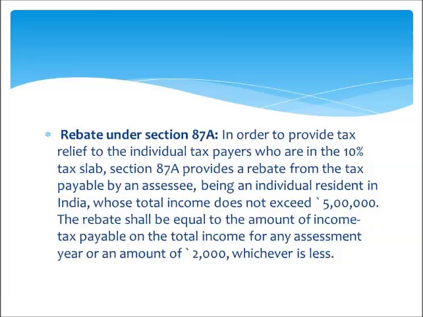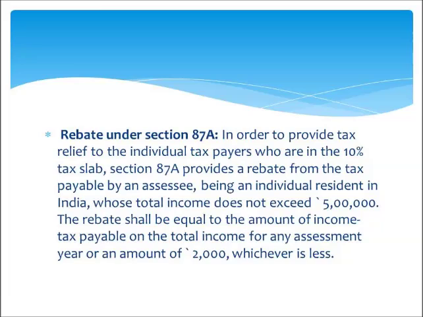What is that rebate? In order to provide tax relief to the individual taxpayers who are in the 10% tax slab, that is the persons who are earning between 2,50,000 and 5 lakh, Section 87A provides a rebate from the tax payable by an assessee. Being an individual resident in India whose total income does not exceed rupees 5 lakh, the rebate shall be equal to the amount of income tax payable on the total income for an assessment year, or an amount of 2,000,